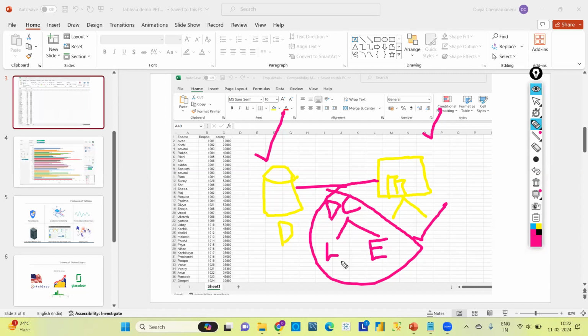I mean, if we are connected as live, how we will work, and if we want to, in what scenarios we will connect to the extract, and how we will work in extract as well. We will see in our next classes. But for now, just understand we need to connect the database to Tableau, and for that there is one connection called the Tableau data connection, which we will use to connect the database to Tableau Desktop.